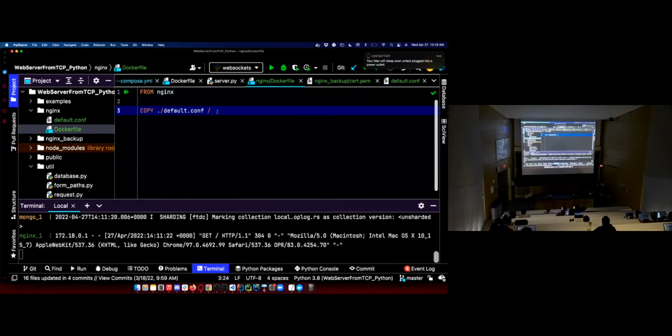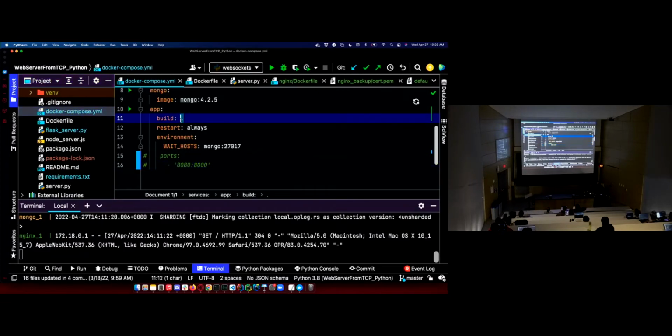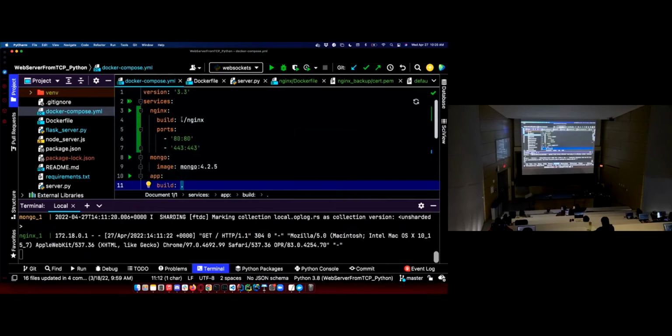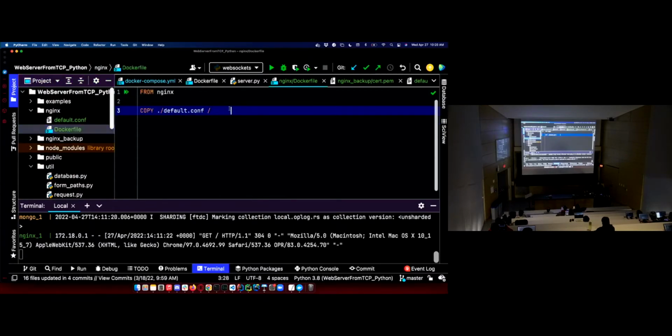and then I'm going to put what's called an absolute path, which means the path, no matter what directory I'm running this from, I'm always going to get the same exact directory because I'm always starting at the root directory and then navigating the directory structure. If I start with a dot, that's what we call a relative path. It means relative to the current directory that I'm in. So like in our Docker Compose, we would say, build my app from whatever Dockerfile you find in this directory. That's a relative path. Go from this directory to the Nginx directory and look for a Dockerfile. Same thing over here. And we want a very specific path here,